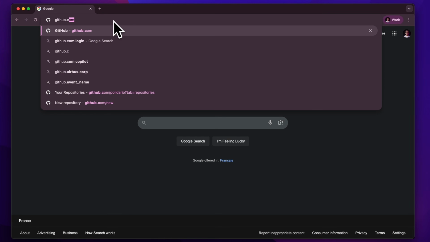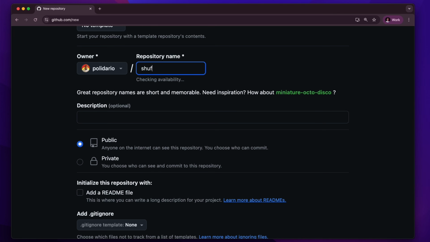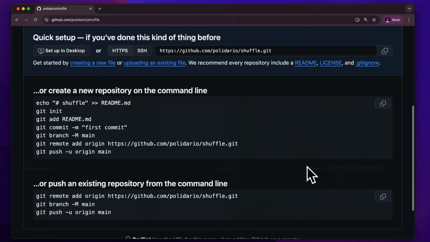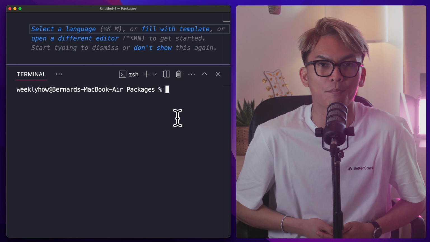So head over to github.com, create a new repository, and fill out the following form. I'll just give it a name like Shuffle, and after that, we can finally create our NPM project. So let's head back to VS Code, and in the terminal, we will define our NPM package by executing the